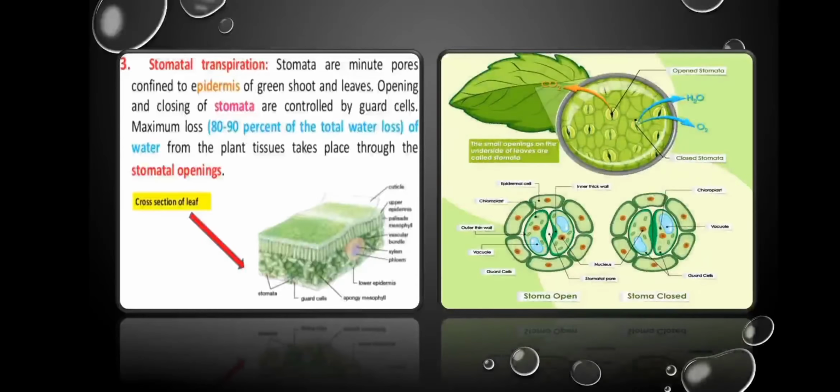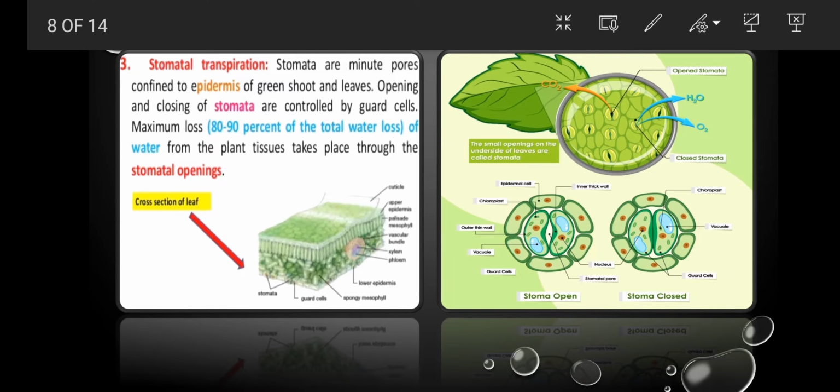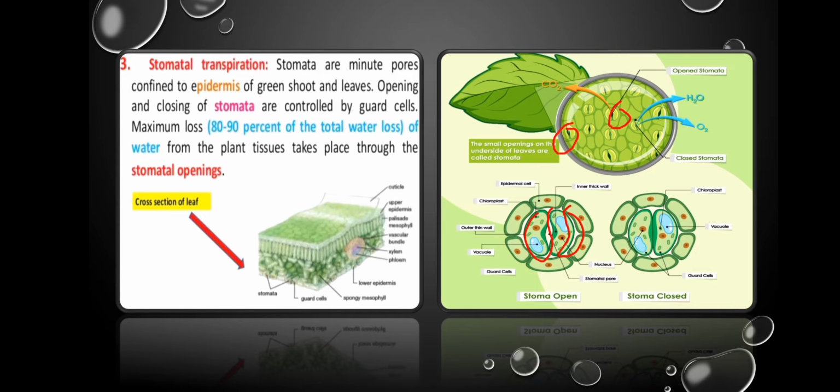The last type of transpiration is stomatal transpiration. The leaves possess minute pores which are termed stomata, each of which has guard cells. These bean-shaped cells are termed guard cells. So, the loss of water vapor through these microscopic pores, the stomata, surrounded by specialized guard cells, is termed stomatal transpiration. Out of the total water which is lost, approximately 80 to 90% is lost